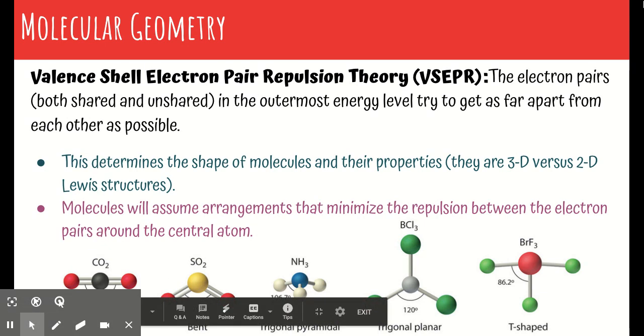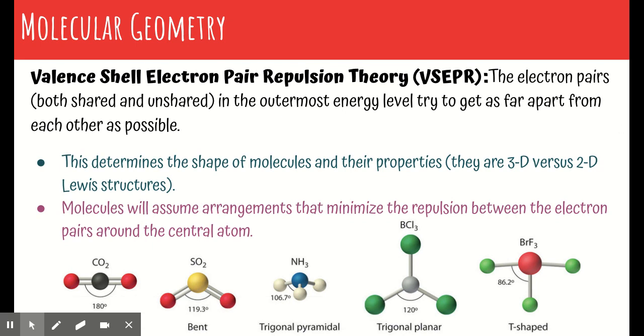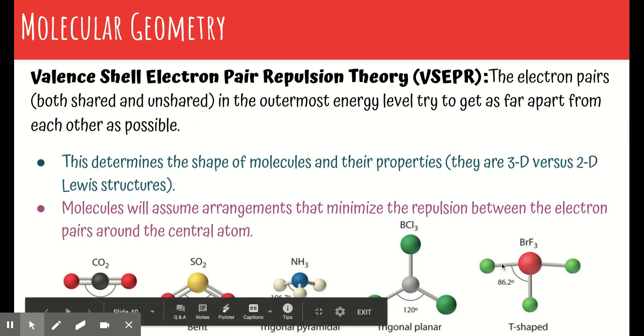All right. So with VSEPR theory, these little molecules across the bottom here, that's representing your Lewis dot structure as what they call a ball and stick model. The balls are representing the atoms and the sticks are representing the bonds between them. So you get different shapes depending on where those electrons end up. If you think about it this way, each one of these is representing an atom,